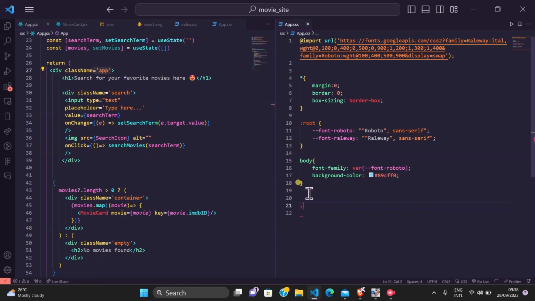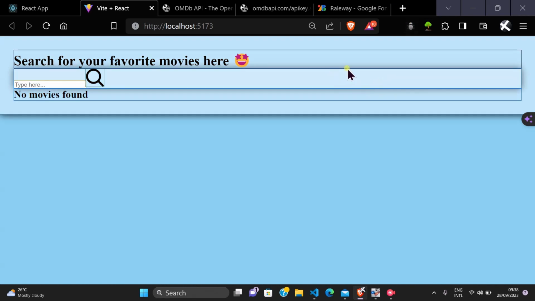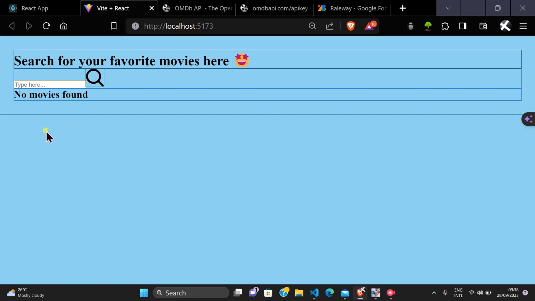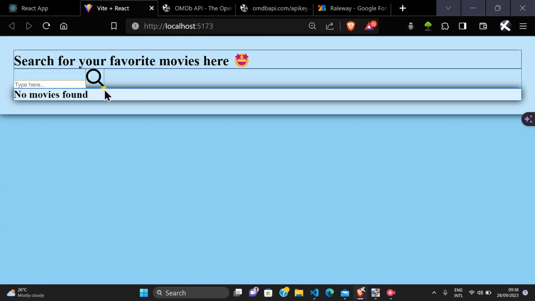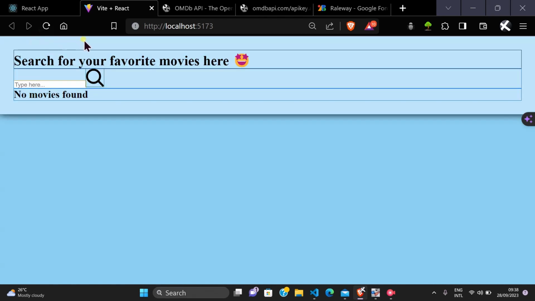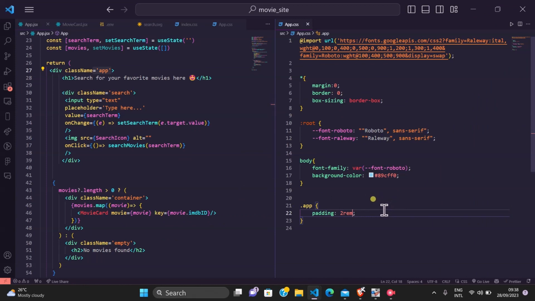So we have this app here. So we're going to style app and do .app. Okay, and we're going to give it a padding of 2rem. So we're styling the whole box. So I downloaded an extension that is called Pesticide. So this way, as we're styling it, you get to actually see what you're doing. So the padding we just added is a container of all this. So you added a padding 2rem. So I think that's the 2rem that's taking place here. It's taking place somewhere here. So okay,